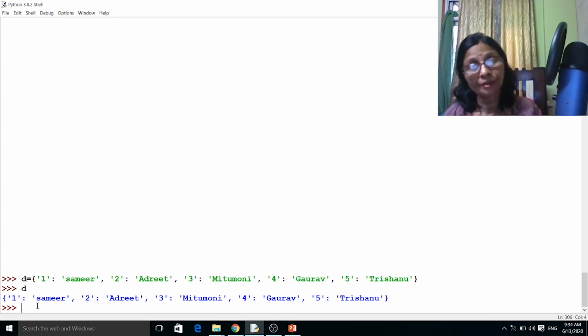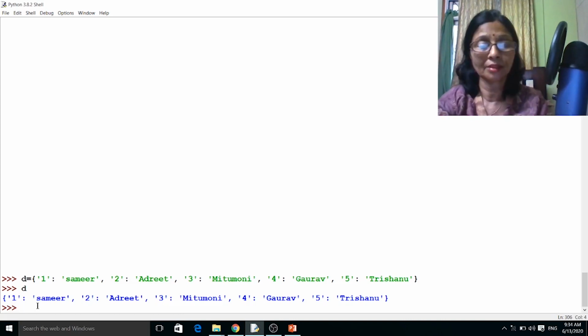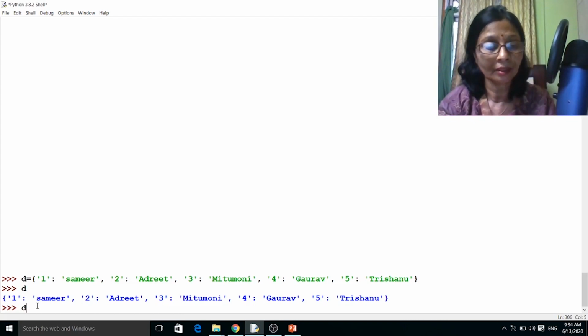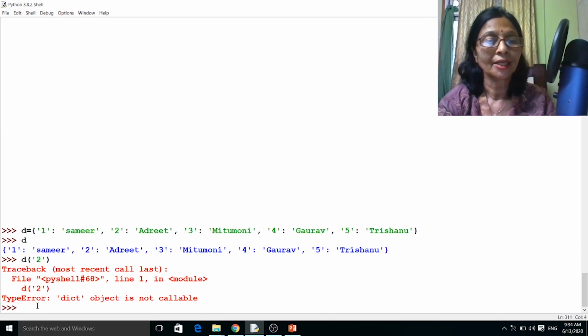To get the value, we have to give the key. If I give D(2), where 2 is the key name, let's see what comes. It says the dictionary object is not callable. Why is it giving this?